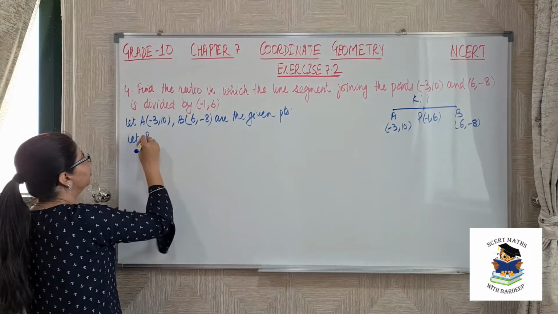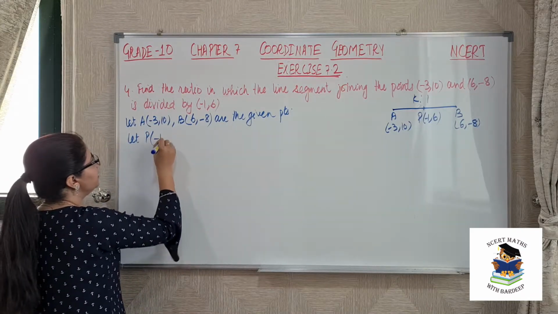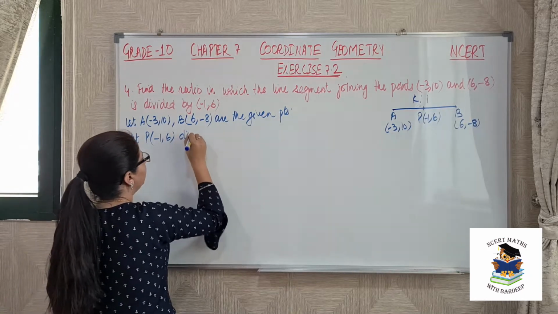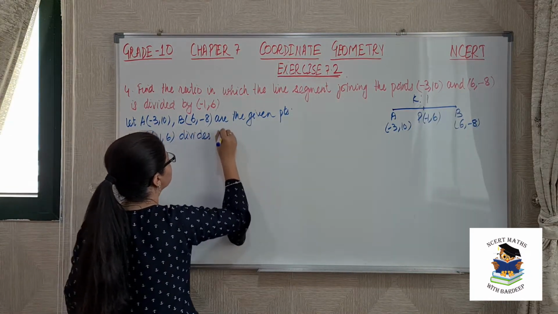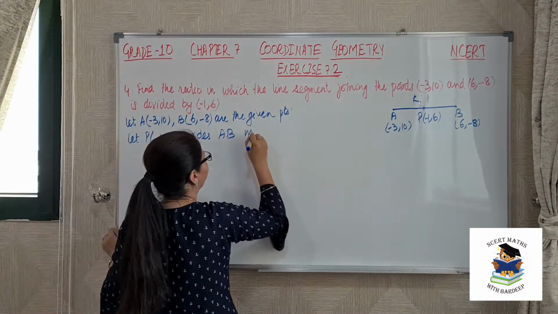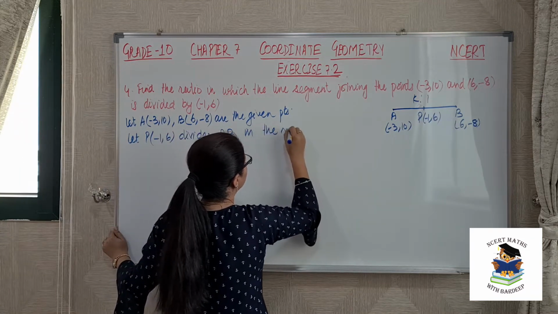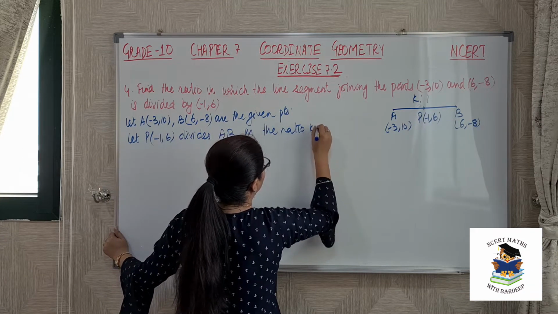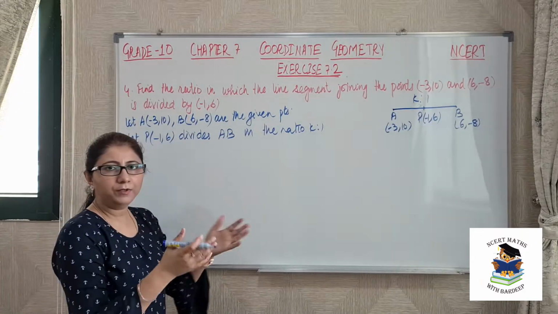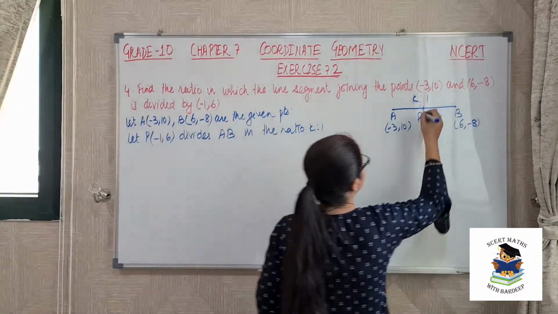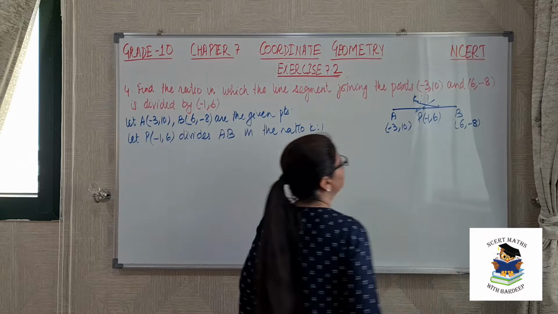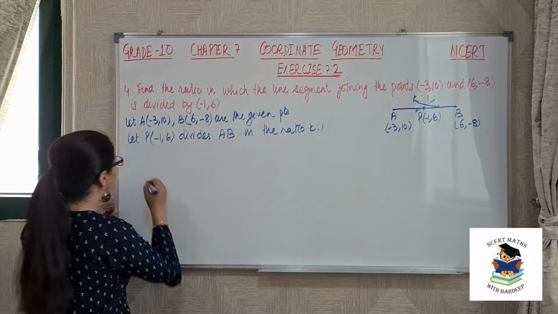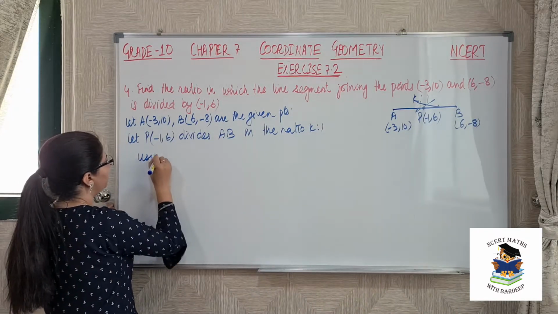Let P, which point, that is -1, 6, divides AB in the ratio k:1. So now we will apply section formula. So as usual we will do the cross multiplication. Therefore using section formula,